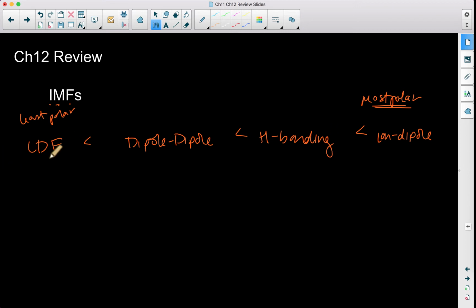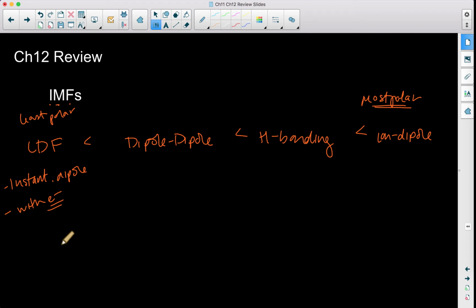If we think about what a London dispersion force is, it's a temporary, transient, fleeting polarity. It's an instantaneous dipole, and it applies to anything with electrons. So if it has electrons, it has a London dispersion force, which means that everything has London dispersion forces. Because, like your book talks about, at any given point in time, the electrons